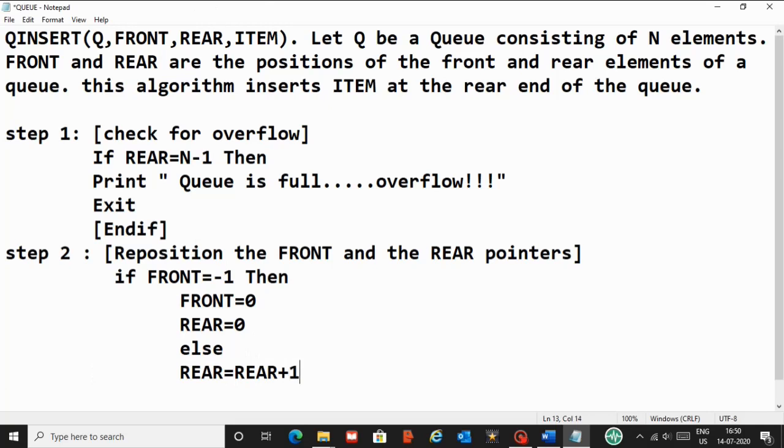That is, increment rear pointer. Why am I incrementing? Because it should point to a vacant location, otherwise you will be rewriting on that only, right? So for that reason I am going to increment rear pointer. And if my if ends here,